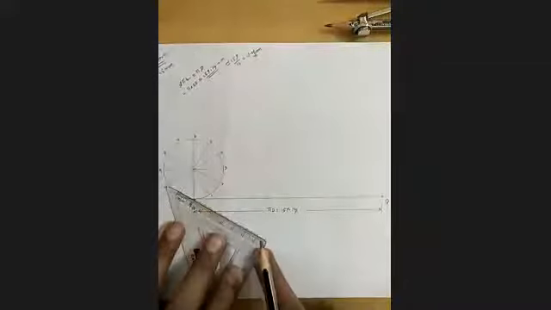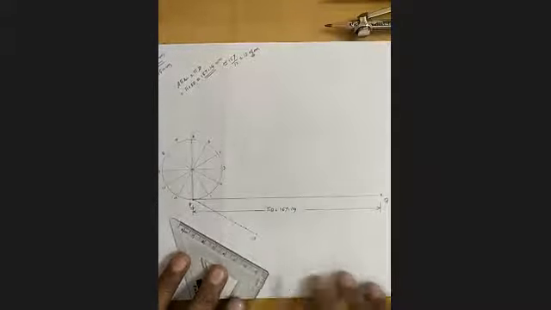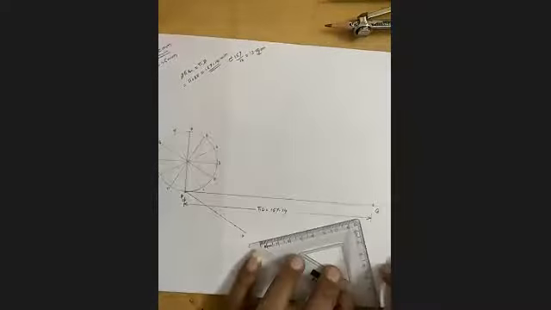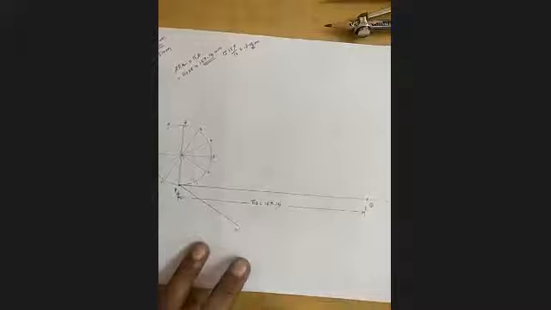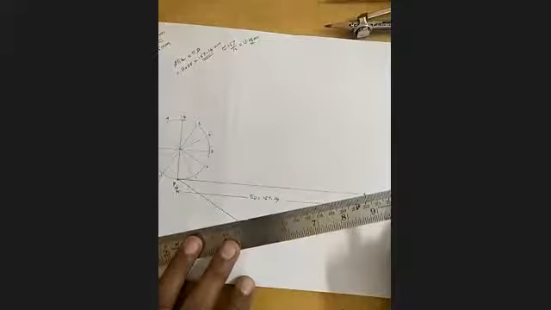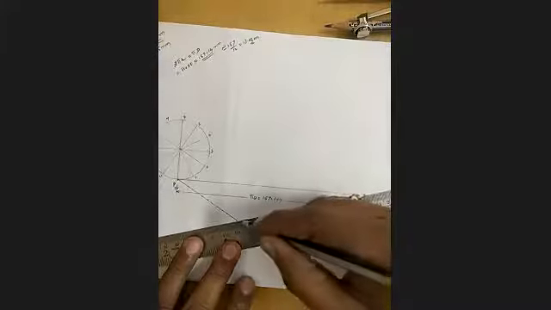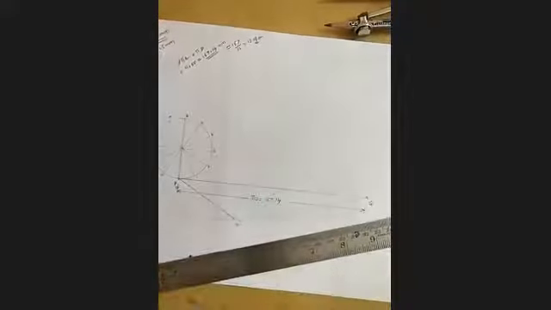First I marked the points as per my requirement, 12 points. Each point is 5 mm apart. You say this is the 12th point. Join that 12th point with the other end. Now you see my scale is not able to do it, so I will use a big scale. All your instruments should be ready. So now I will join this point with this. Any doubts? I got a triangle.